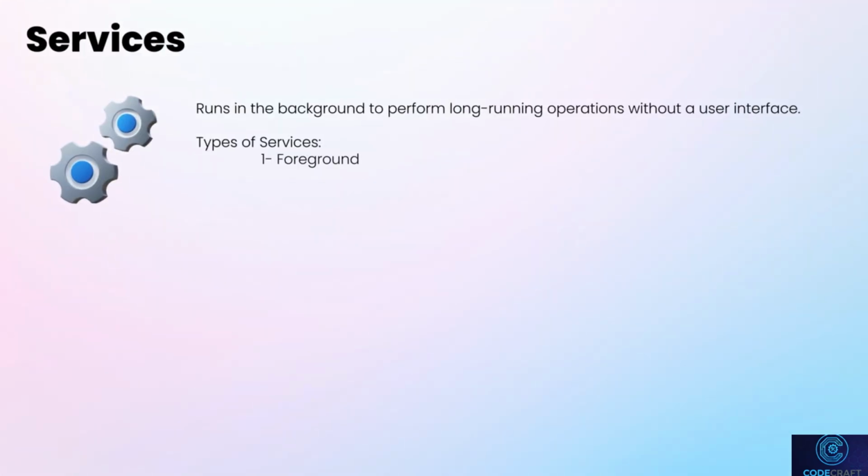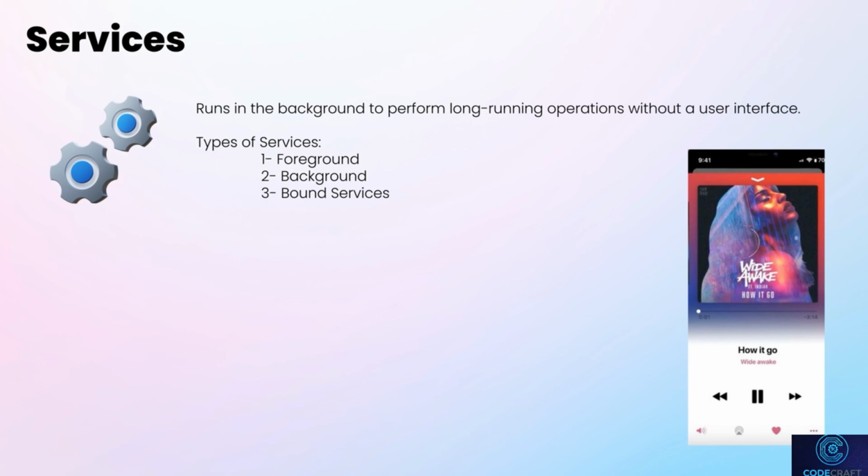There are three types of services in Android: the foreground, background, and bound services. The foreground services are noticeable to the user and are used for tasks that require ongoing user interaction or notification. They display a persistent notification in the notification bar to inform the user that the service is running. For example, a music player app uses a foreground service to play music even when the app is not in the foreground. The notification could show the current song, provide playback controls, and allow the user to interact with the